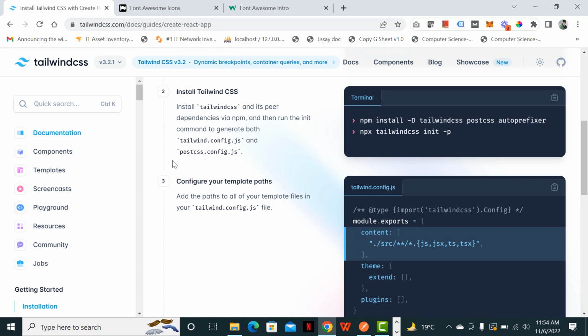Today in this video, I will be teaching you how you can create a beautiful sidebar navigation using React and